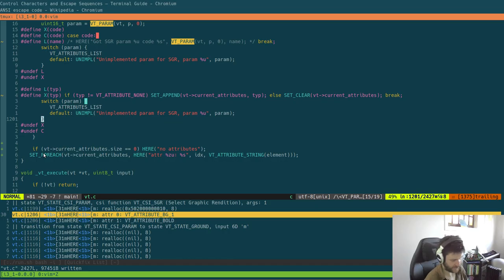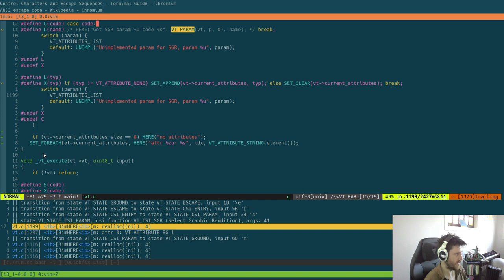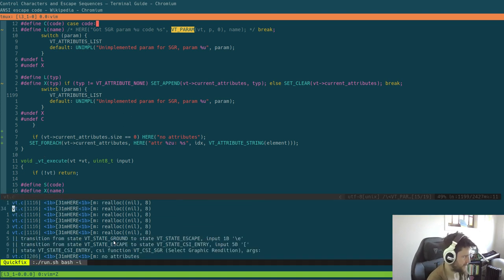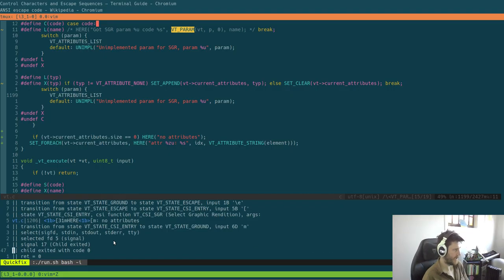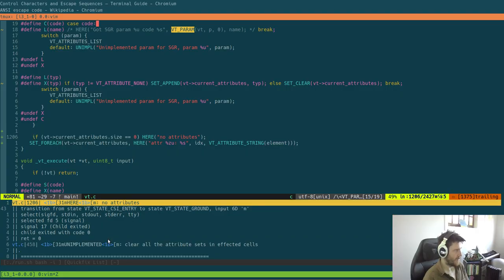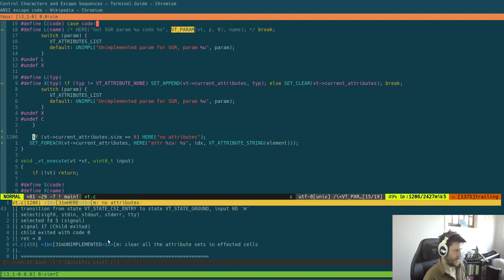You can do a clear and then keep on going up 16 parameters apparently. Cool. So at this point here, we should now see wherever it is, no attributes, and then now we just need to see why it is not doing it on